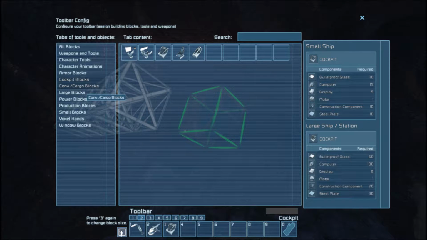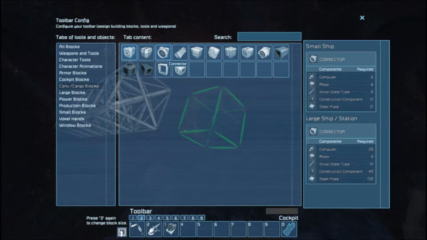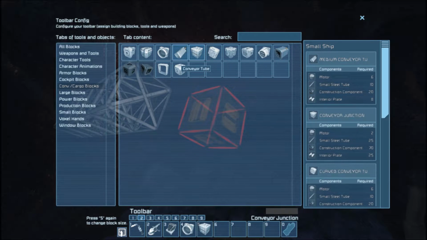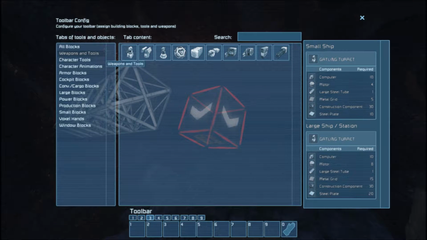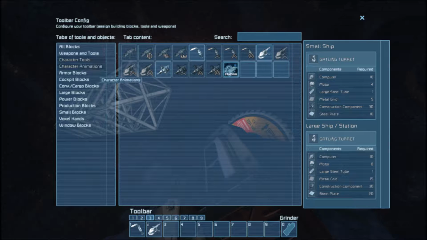Now armor blocks we already have, so conveyor blocks, I'm going to need these. I want a connector, conveyor junction, conveyor tube, angle tube, and a sorter. So that's a junction and a sorter and tubes, and that's tubes. Now we're going to go one block over, and again we're going to do character tools. Number 1, number 2,